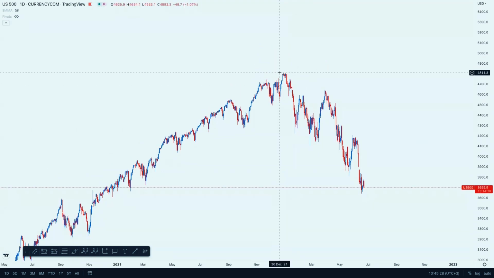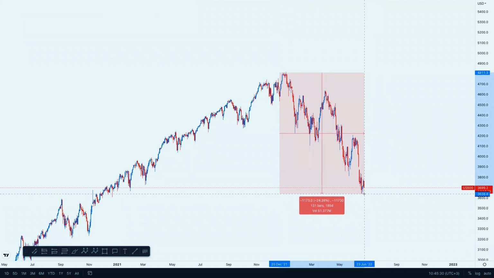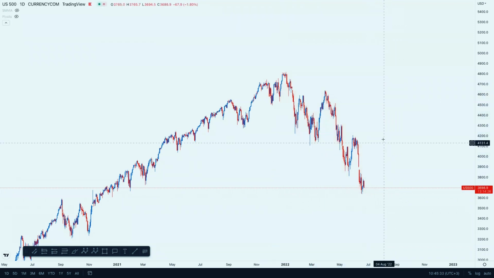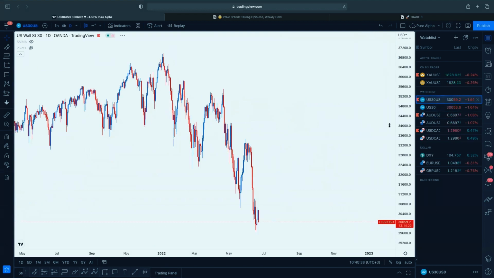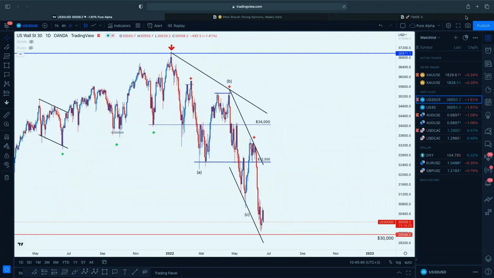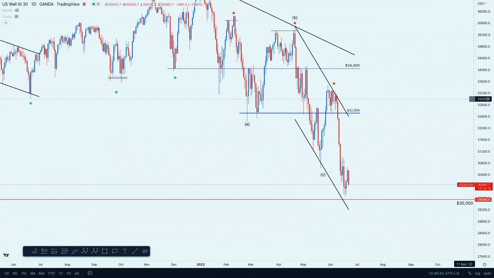Let's look at this drop. This one, we've had a 24% drop. So Nasdaq is the one that's leading the way with the biggest drop on the major indices. So this is what I'm watching. I don't want to be heavily long on this one. You don't want to be against the trend.